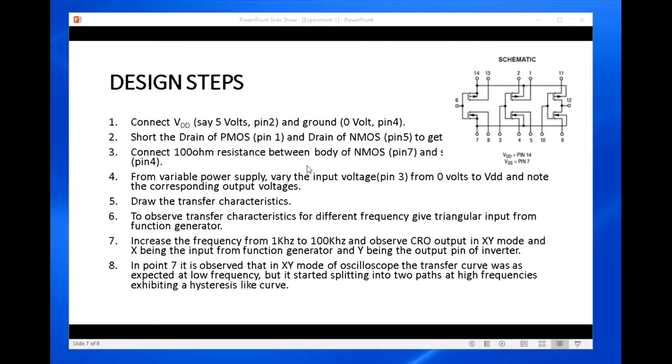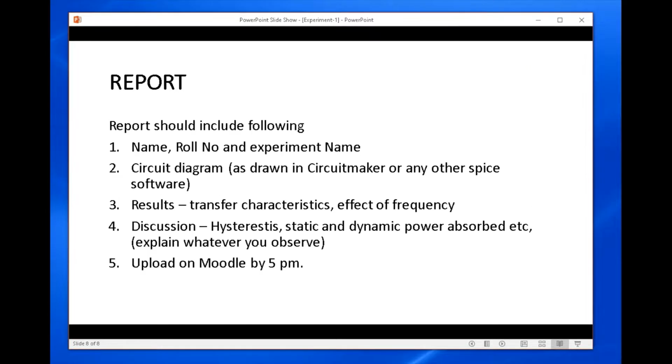Then you have to write all those things and make a report. The report format will be as follows. You have to write your name, roll number, and the experiment name. Then you draw the circuit diagram, which you can copy from Circuit Maker, or if you are using any other SPICE software, you can use that.